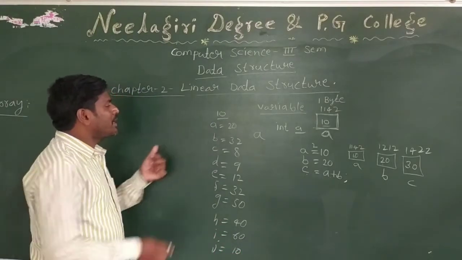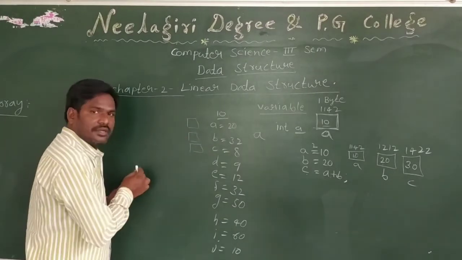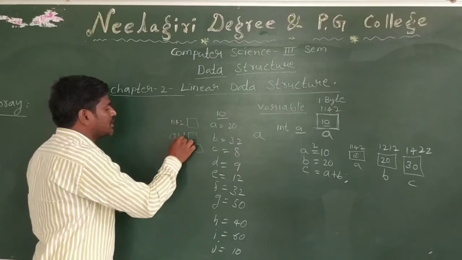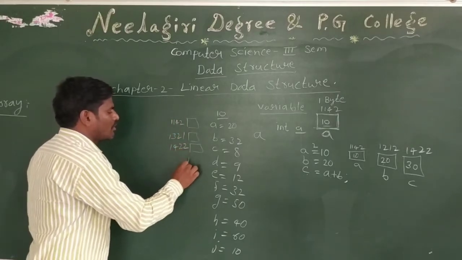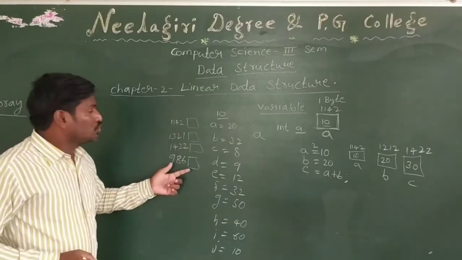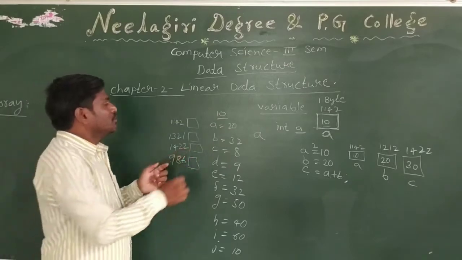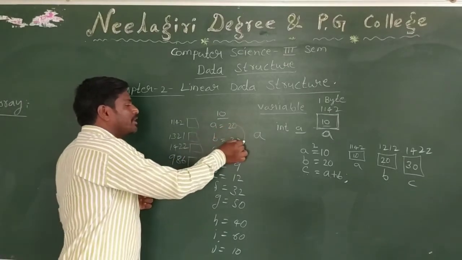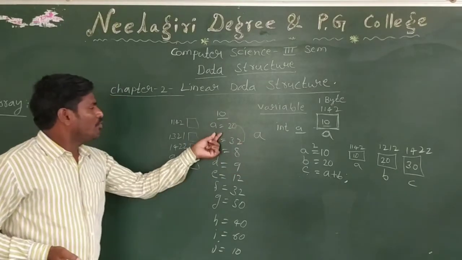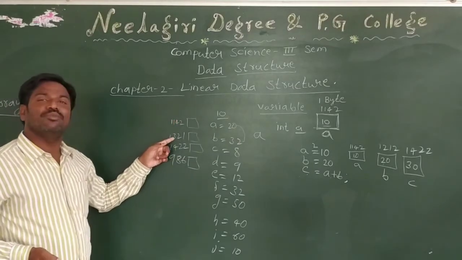But a separate memory location is created for A, B, and C. The memory is also randomly allocated, not in sequence. Whenever we want to arrange these numbers in ascending order, we need to compare these two numbers. Whenever we want to compare these two numbers, we need to access these two memory locations.